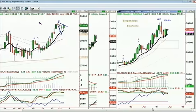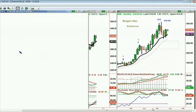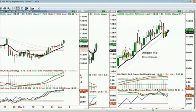And if it does that, has this recycled as a brand new, entire brand new move to the upside? One of the best of the biotechs. Look at Amgen. Let's look at Amgen. Amgen is in a brand new AB,